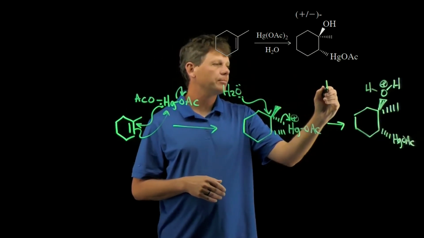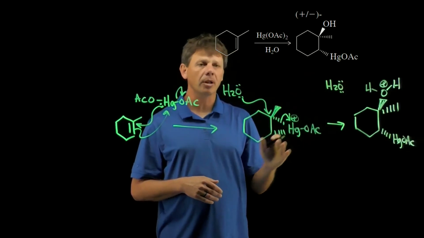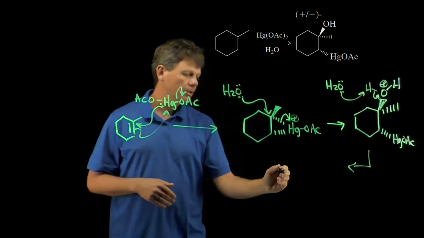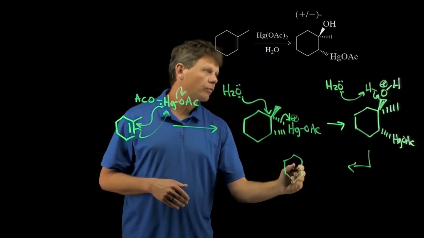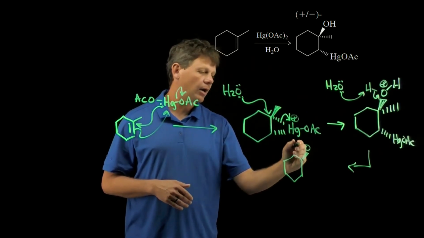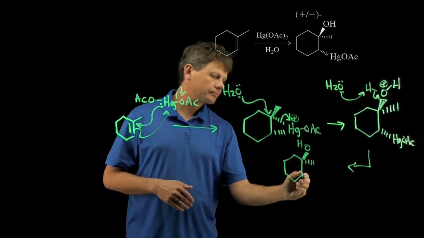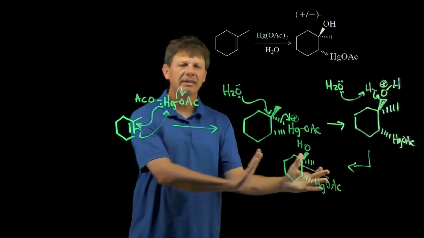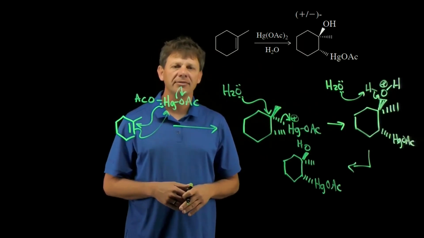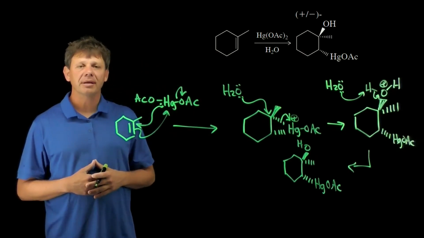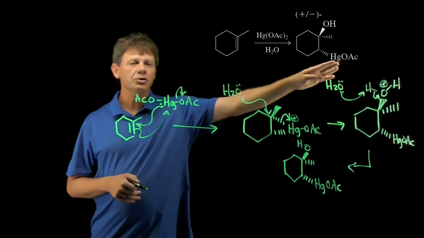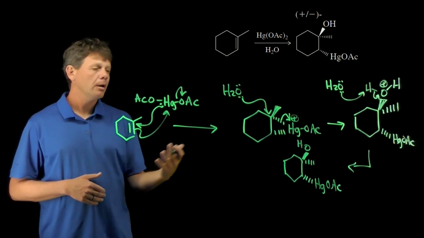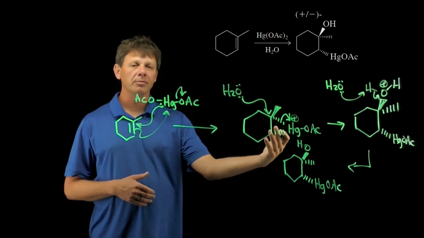To finish the reaction, another molecule of water can come in and remove that proton in an acid-base reaction to complete the formation of the alcohol. Now, if we were in the lab, we would take this molecule and add sodium borohydride in a second step, but that's not the topic of this assessment, where all we needed to do was show the mechanism of the reaction up here. And we've accounted for the stereochemical outcome by acknowledging that if the mercurinium forms on the bottom,